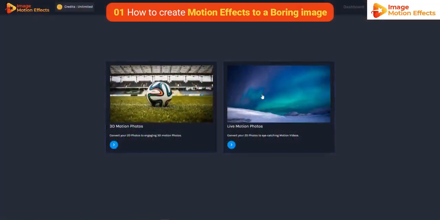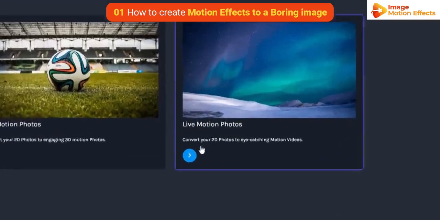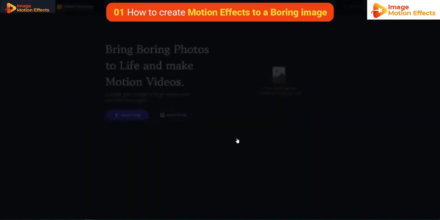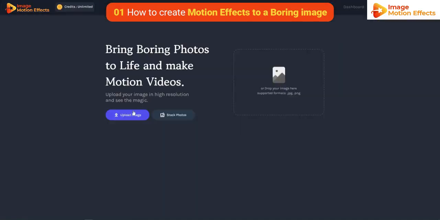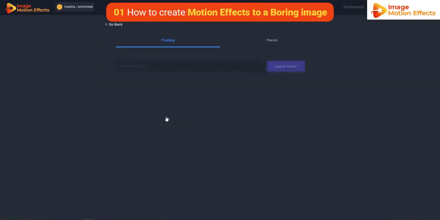Now, there are two apps in the package, 3D motion photos and live motion photos. In this video, we'll go through the live motion photos app. Just click on Start Application, and either you can upload an image from your computer or search from the stock photos. Let's click on stock photos and let's search for